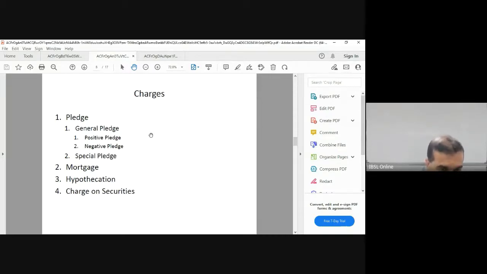One is the pledge, and there are two branches, general pledge and special pledge. If I tell you what a special pledge is, our People's Bank pawning comes under a special pledge. I think across the banking industry, pawning comes under a special pledge. It is an act; there is a Pawnbroking Act, because it is only for 1 year and there is a particular system. Otherwise, it is a general pledge.